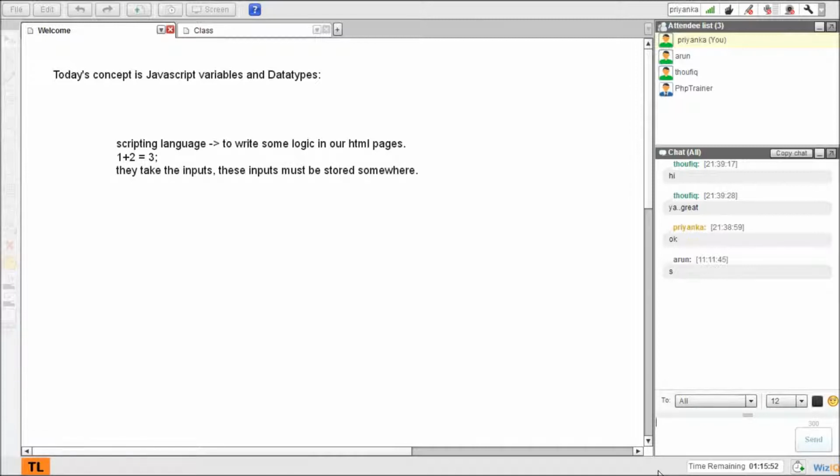Since it's all virtual, we don't know how they work behind the scenes, but these values, the 1 and the 2, the inputs, must be stored in a container, in a memory. Memory is a space. So take this value (sorry, I said variable, it's value) and store it in this memory.